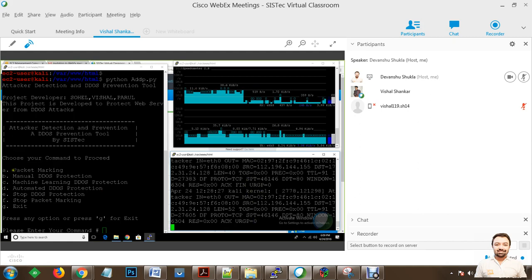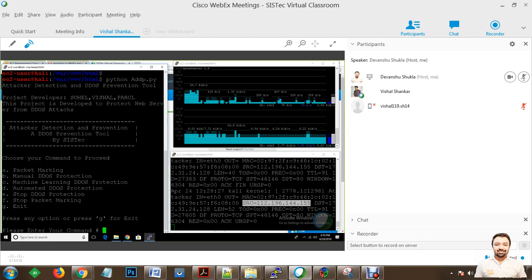Once we start packet marking, we are going to get a list of the attackers within these log messages, and we are going to identify the attacker using a flag somewhat like this, attacker. We are going to identify the source IP addresses so that we can maintain a connection limit for attacking IPs. Now, in order to do this, let's make a connection here.